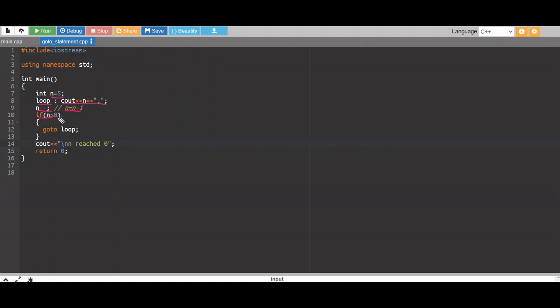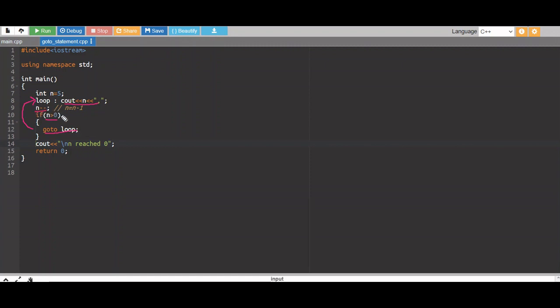So here is the condition n greater than 0. Until n value is greater than 0, that is until n reaches 0, the goto statement gets executed, and every time the condition is satisfied, it goes to the label and prints the n value.